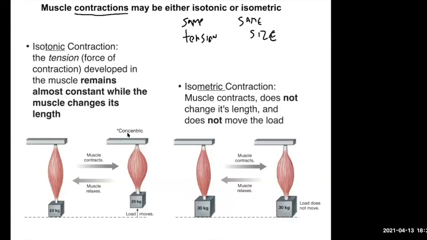Because as we'll see, there's two types of isotonic contraction. So that is moving, and this is what you're normally thinking of when you're thinking of muscle contraction, because that's the whole point of contraction. You're moving stuff. But there's also isometric, where the stimulation is occurring, the muscle's contracting, but you wouldn't know it